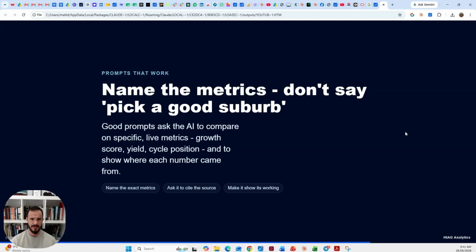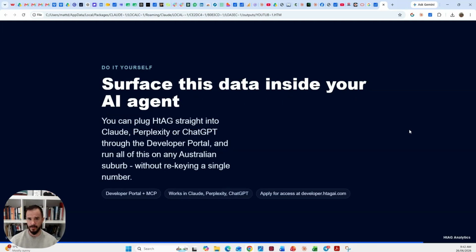So a person that has specific domain knowledge will get a much more robust and detailed answer, which means that you need to have the ability to know how to combine metrics, interpret data, connect them, and you need to be a data analyst. Now, for those of you who are not data analysts, what becomes easy is when you have the skills, and we provide these skills to all of our members in Mastermind. Anyone who subscribes to HtAG and has a profile on the Dev Portal, I provide all of these reasoning skills, which means that you can get the right output right away, which gives you sufficient time to learn, while also having a very precise output from the onset.